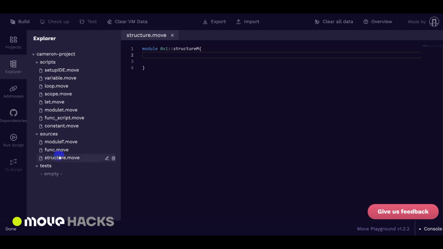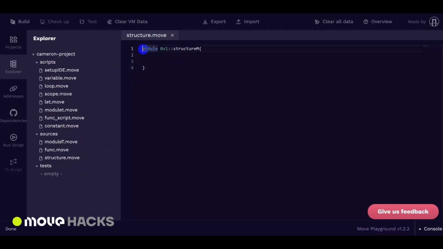Now we finally get to do something interesting. In this session, I will show you how to define, create, modify, access, and destroy a struct, which is basically a self-defined data structure. We divided this into 4 sections, and in the first section, we'll talk about how to define